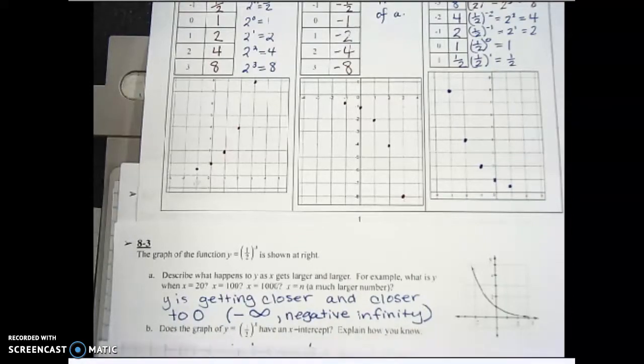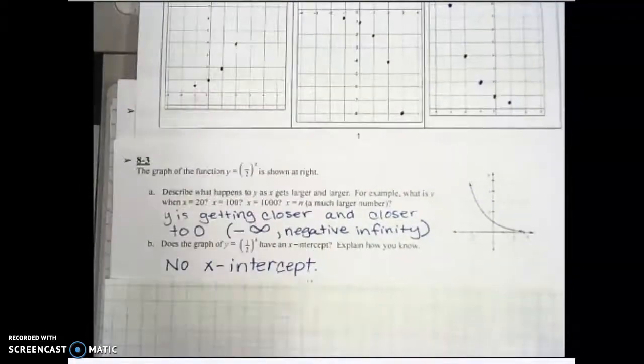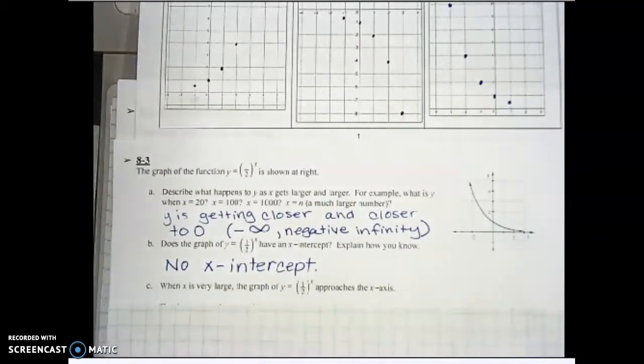Part B says, does the graph of y equals 1/2 to the power of x have an x-intercept? Is it ever going to cross? The answer is no, it does not have an x-intercept. It's going to get closer and closer, but it's never going to cross. Part C, when x is very large, the graph of y equals 1/2 to the power of x approaches